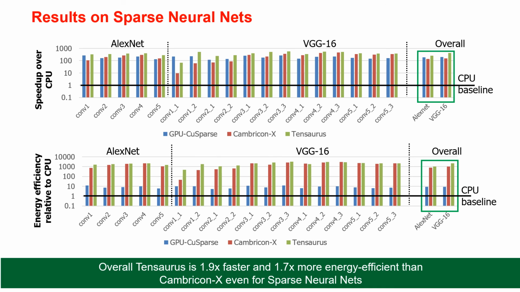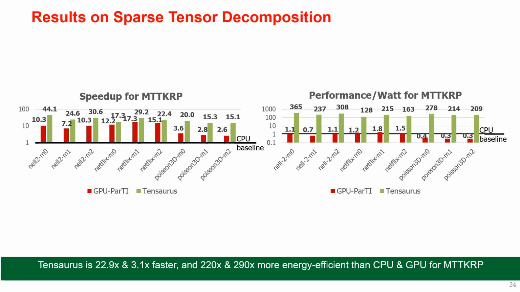neural networks. We further compared the performance and energy efficiency of CPU, GPU, and Tensaurus for the MTTKRP kernel. For MTTKRP, Tensaurus has higher performance and energy efficiency compared to both CPU and GPU baselines in all the cases. There are more results. I would recommend you to refer to the paper for those results on different other kernels